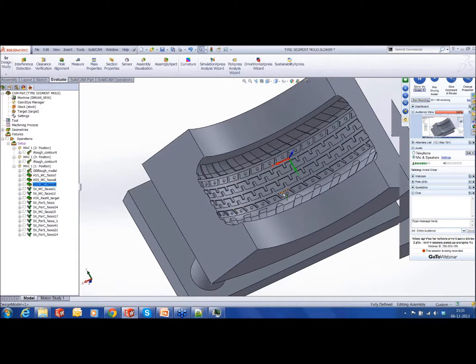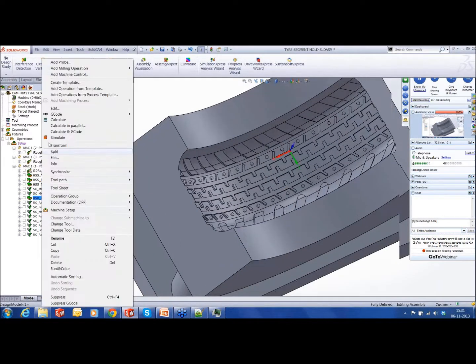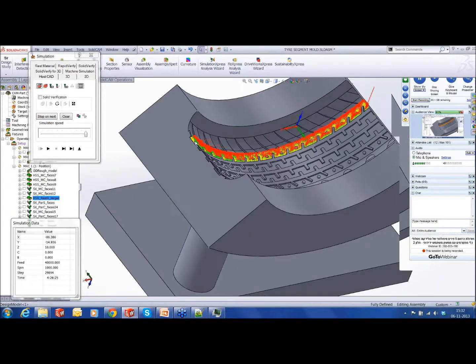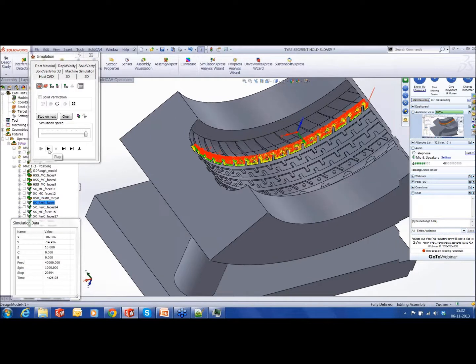One, if I use a regular HSM rest rough, this is how my toolpath will look like. But then I'll have to use a pretty long tool because I need to go to the deepest point from the topmost point. So this kind of principles are generally not used in tire mold. So what I've done, I've used something called parallel to surface machining. So if I show you the parameters,